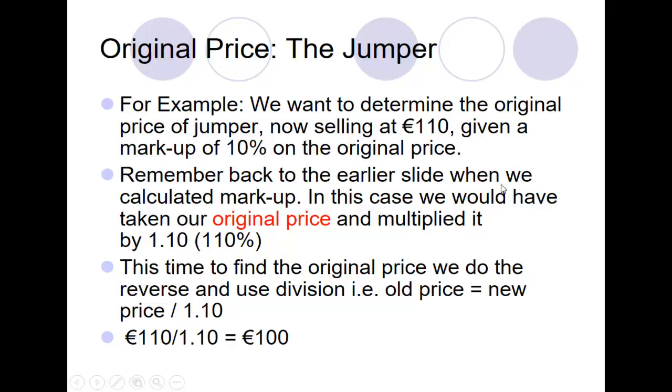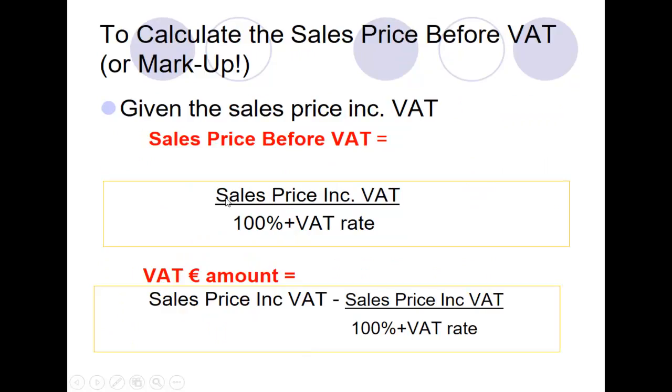Remember back to the earlier slide when we calculated the markup. In this case, we would have taken our original price or the old price and multiplied it by 110%. So we multiplied to get to this new price, and we're going to divide to get back to the original price. To find the original price, the new price divided by 1.10 or 110% gets you back to 100. So the sales price before VAT, or the original price, is your sales price including VAT divided by